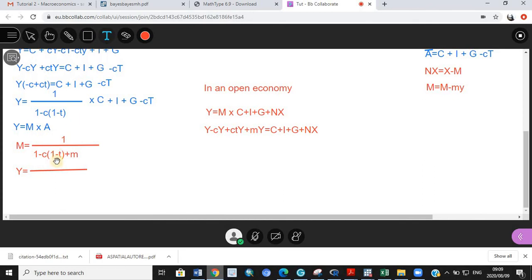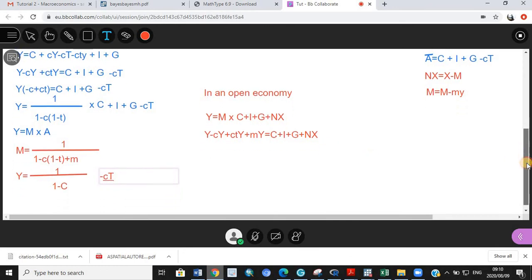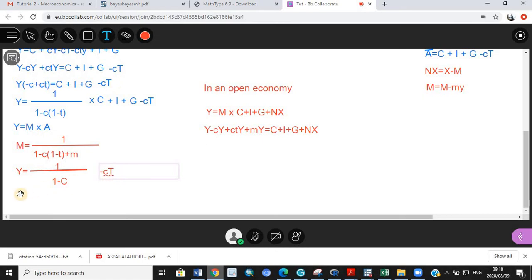Good. This is going to be equal to 1 divided by 1 minus c, because this is government spending. But we also know that t is not only t, it is minus ct, as you can see here. The autonomous tax depends, in this case, on the marginal propensity to consume, right? So this will basically be equal to y